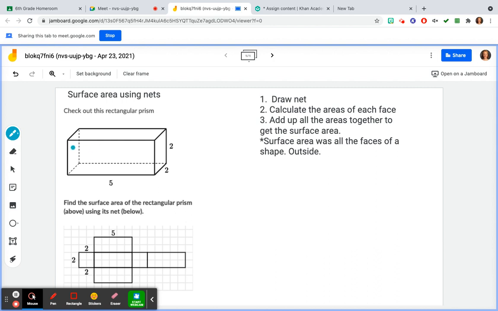The volume is like thinking about filling this with water. If this was like a fish tank, the volume would be how much water can fit inside. And the surface area is going to be how much wrapping paper or plastic wrap it would take to cover this whole shape on the outside. So let's start